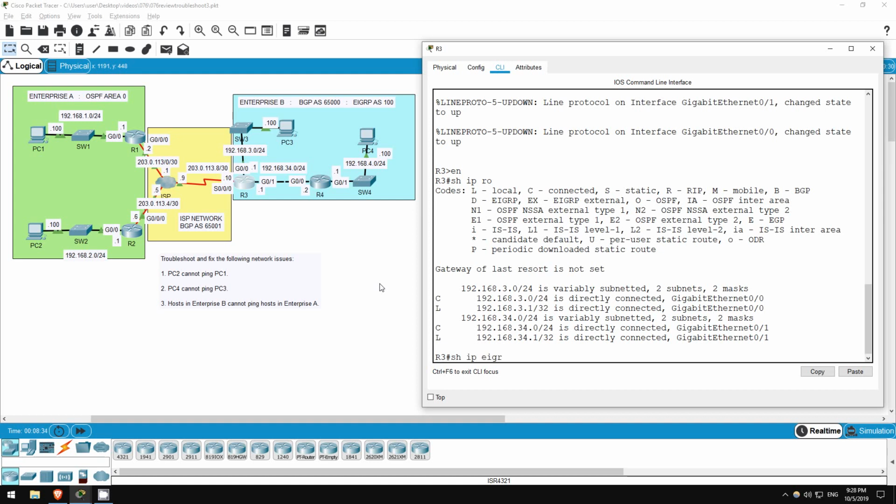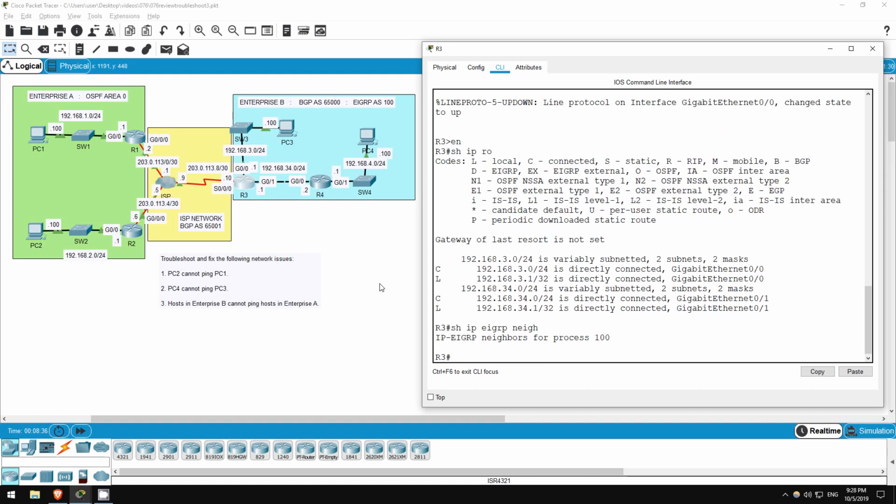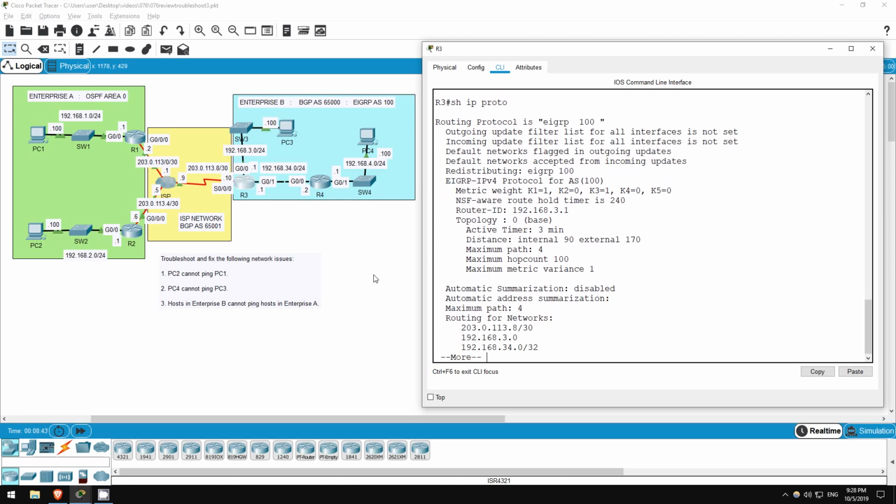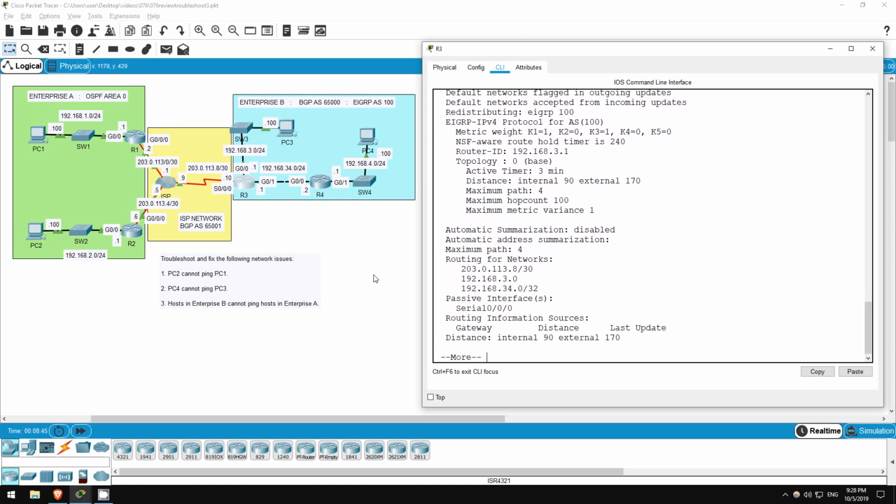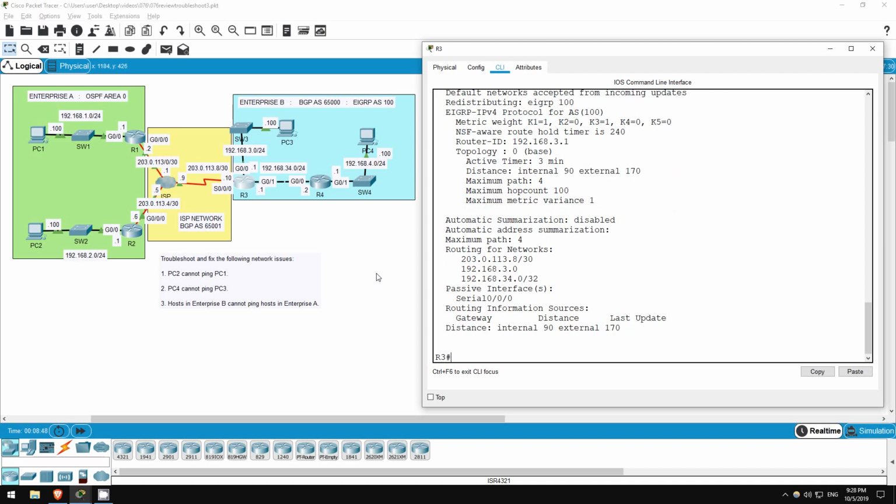Show ip eigrp neighbors. No neighbors. That's a problem. Show ip protocols. Can you identify the issue? Under Routing for Networks, 203.0.113.8/30 is listed, which is fine. 192.168.3.0 is listed, which is fine. It's a classful /24 network, so the prefix length isn't displayed. But